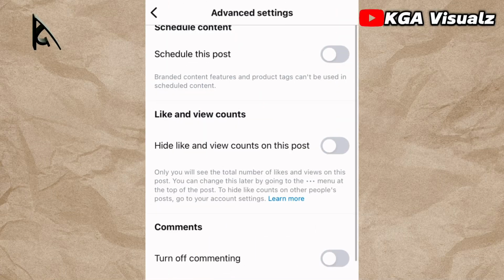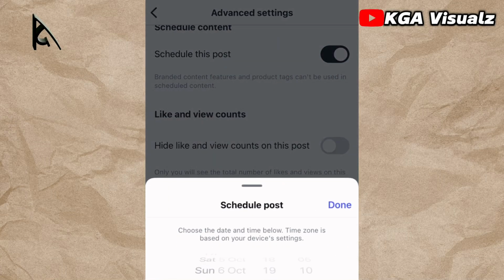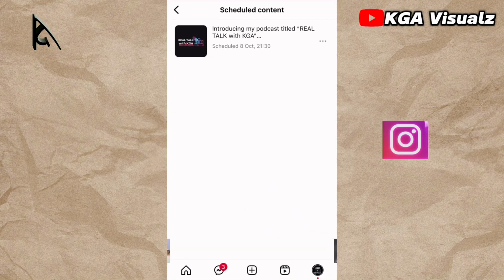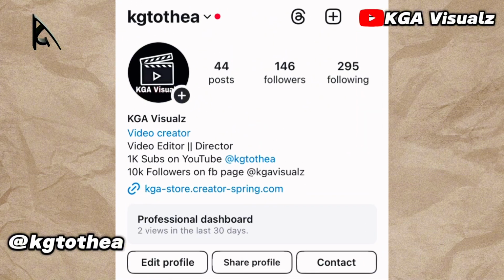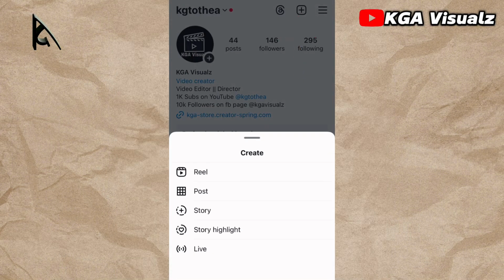Let me quickly show you how to schedule your post on Instagram using just the app. I'll also show you where to find your scheduled content, in case you want to make changes to your post. So let's get started. Click on this plus icon right here at the top, then select which content you want